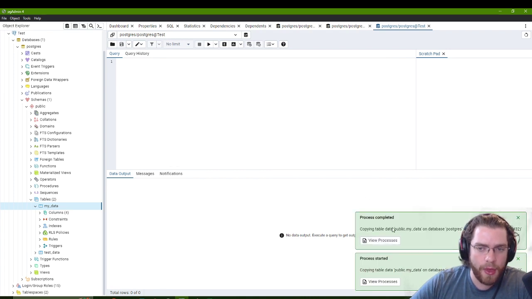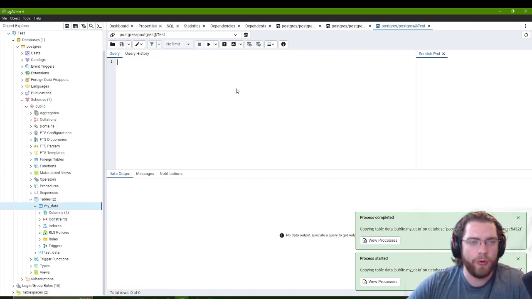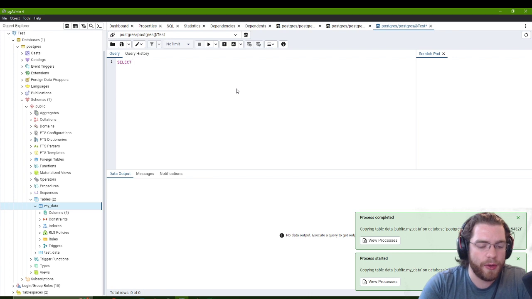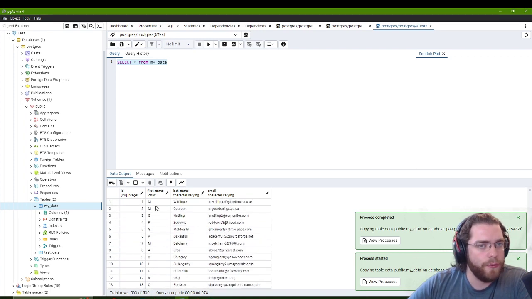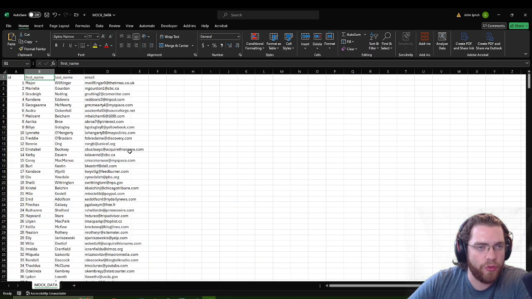My process started, my process got completed, and now what I'm going to do, again, I'm inside of my test SQL query here. I'm going to try to say select star, again, select all information from my data. And if I run this now, we could see here that I have all these pieces of information. You might notice a little issue, and let's just double check, this one is Major and then